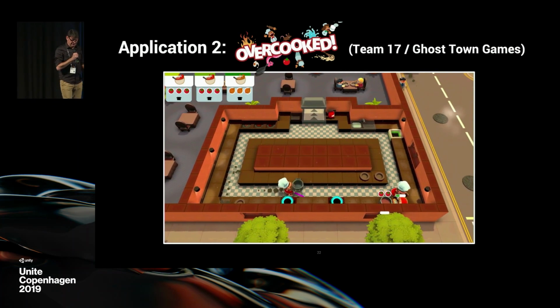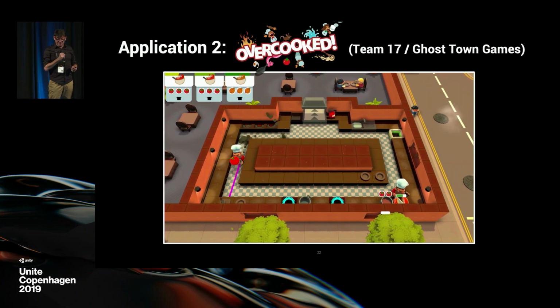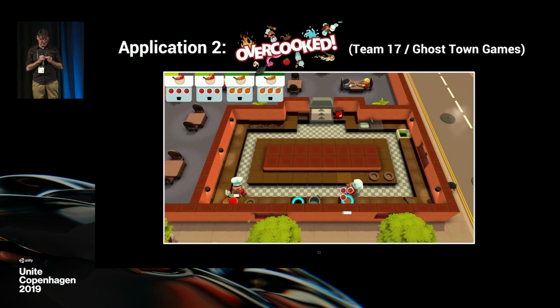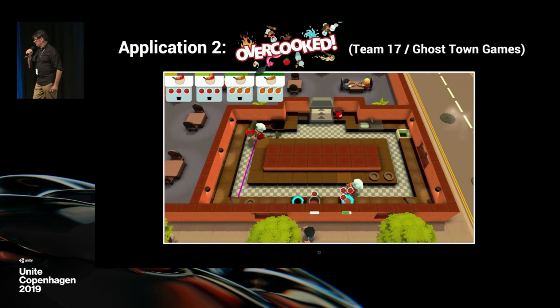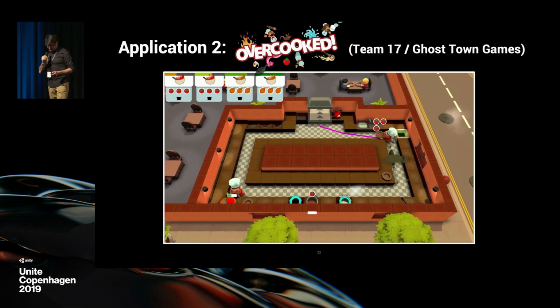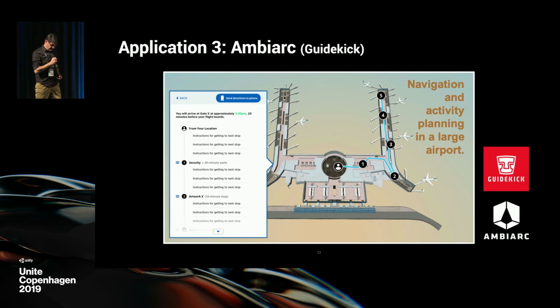Before working on REBOTS, we have been using Overcooked as our benchmark to develop the planner. So lots of thanks to Team 17 and Ghost Town Games for giving us the code of the game. And it was really fun, and I wish we spent more time because there is much more to do with Overcooked. We're also making a cooperation with a company called Guidekick,